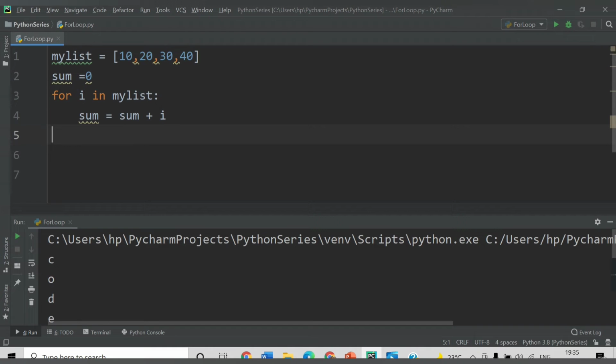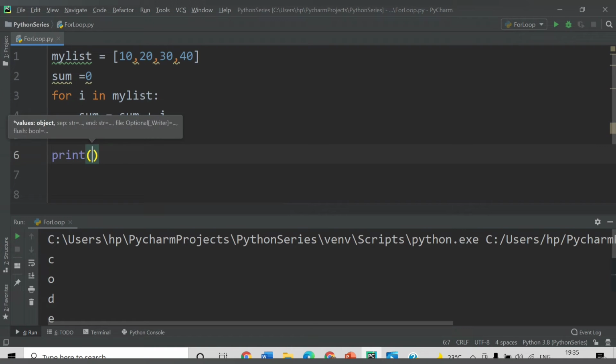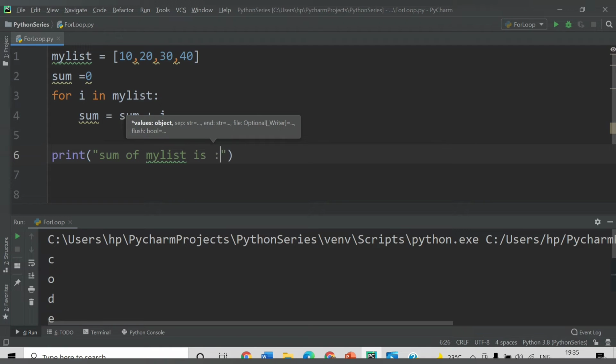After that we will close this for loop and print "sum of my list is", and then we will print sum.